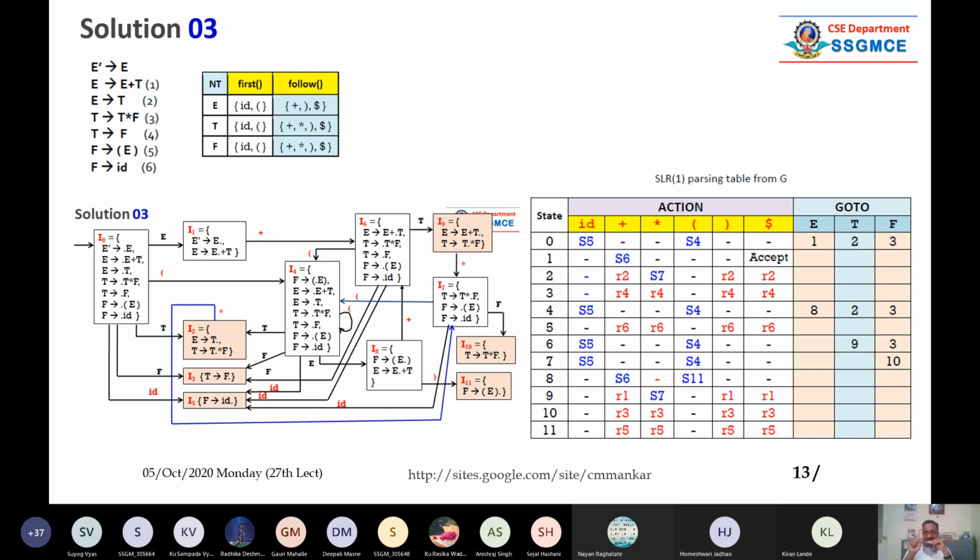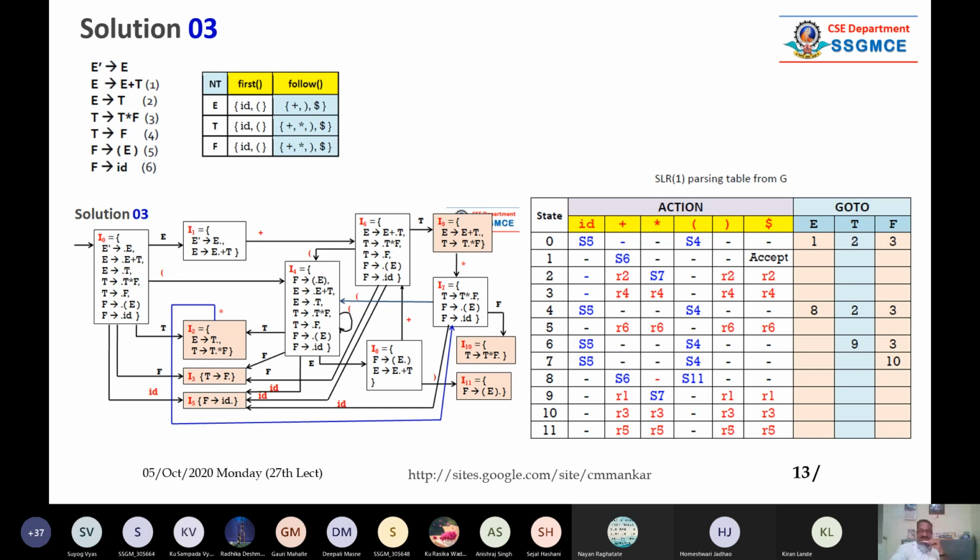So every capital letter transition is mapped in a go to part. If there is nothing, don't write anything. Keep that box blank. But if there is a transition on capital letter, then map the next step. So 1, 2, 3, E, T, F is giving you that thing.